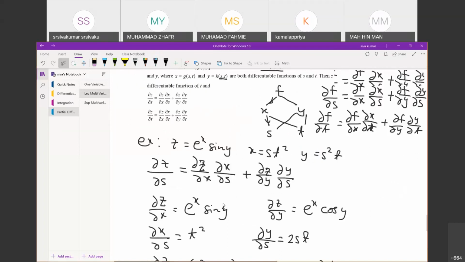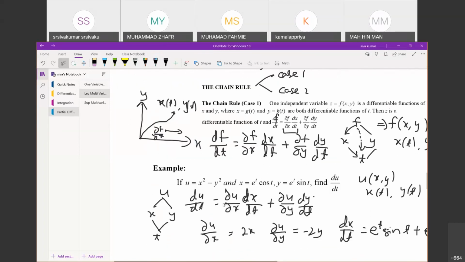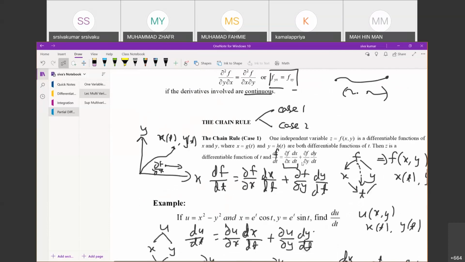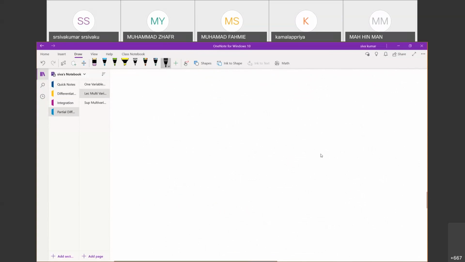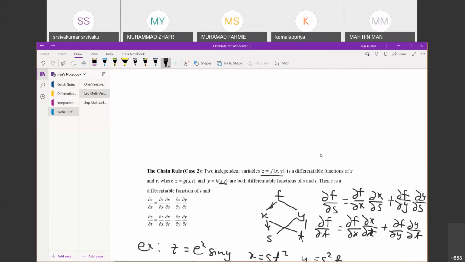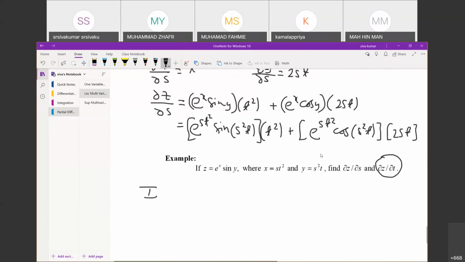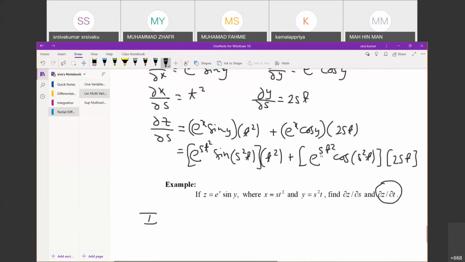This is very important. Maybe the topic comes after the chain rule. After the chain rule, there are two cases. Remember, please connect everything one by one, step by step, because later everything will be combined together. Therefore, you cannot say you want to master only this area. In mathematics you can't do this. Please make sure you master every aspect of whatever you are learning.